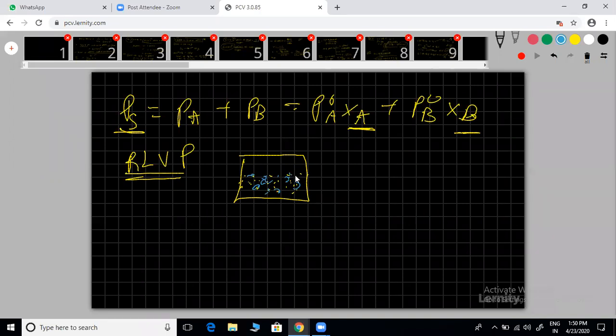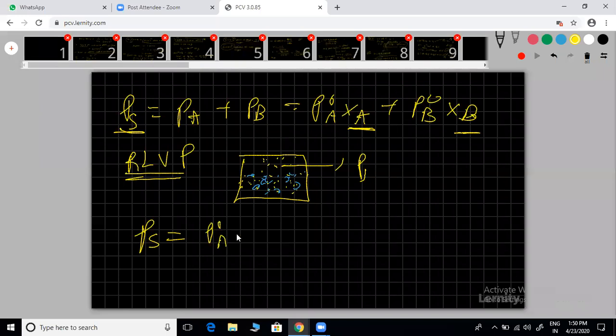Due to that non-volatile solute, will the vapor pressure of the solution decrease or increase? Decreases. So on the surface, some solute particles are occupying it. Clear? Here the vapor is there, and I am going to calculate for this solution. So Ps equals